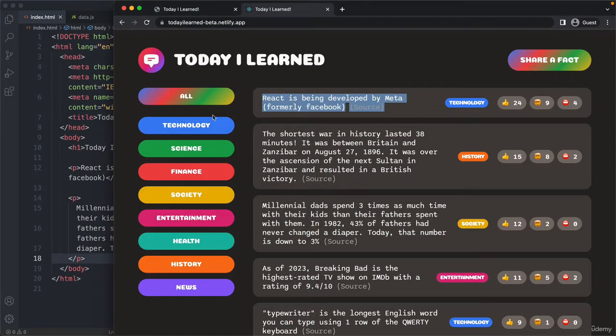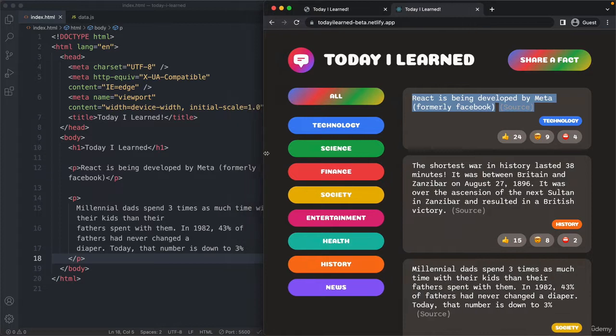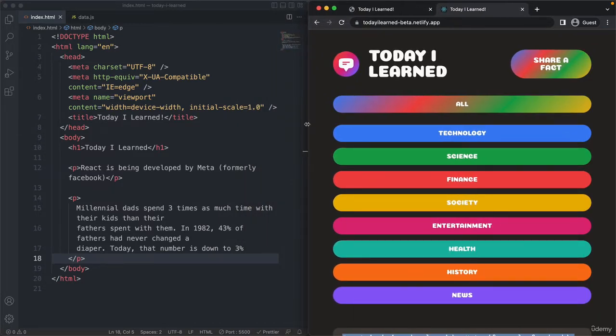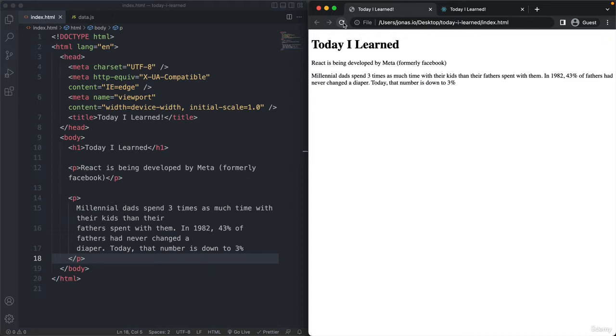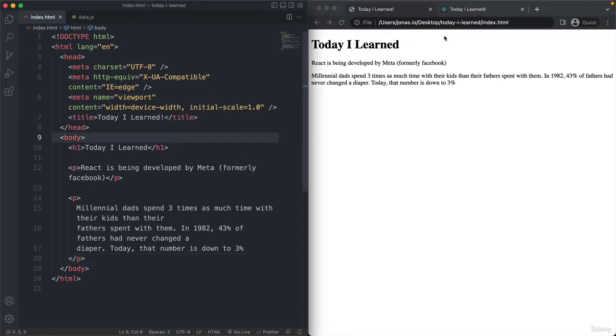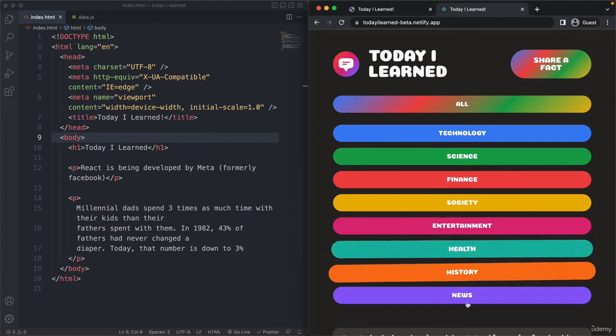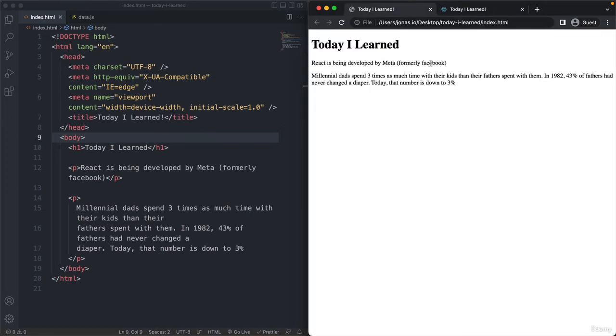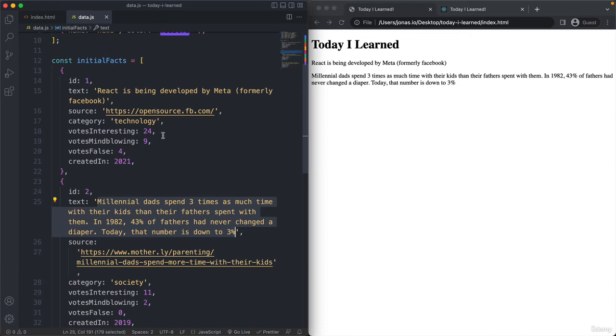Okay, so let's go back, make it a bit smaller again, and let's reload. And indeed, here are our two paragraphs. You see they are nicely separated by space, which the browser automatically created because these are paragraphs. But now, remember that we had these categories here, right? So let's get the text for each of these. This one is called technology,